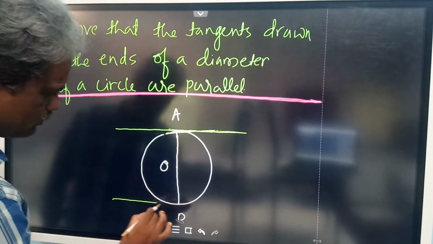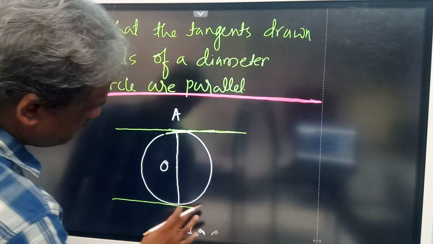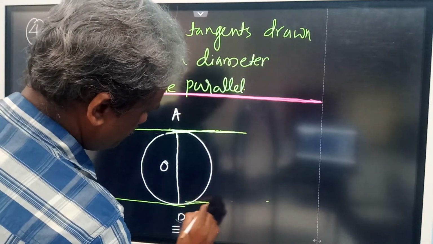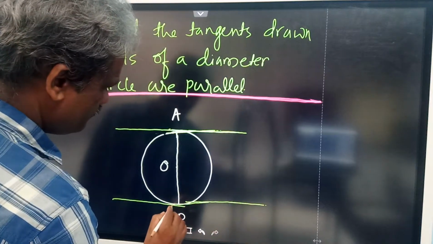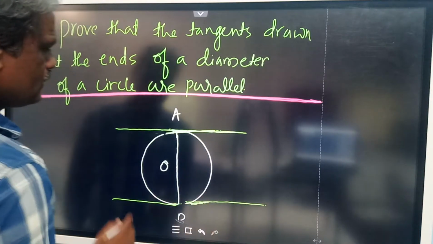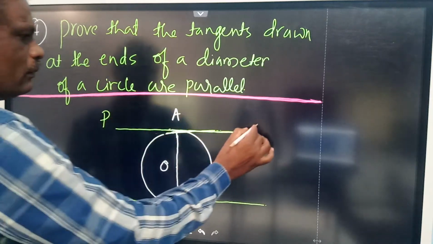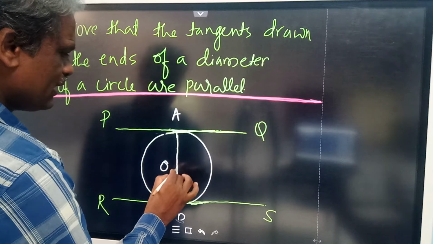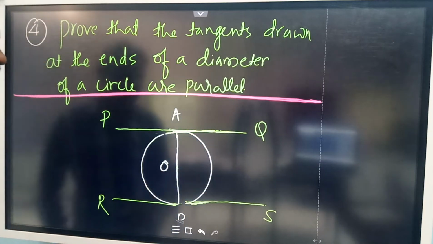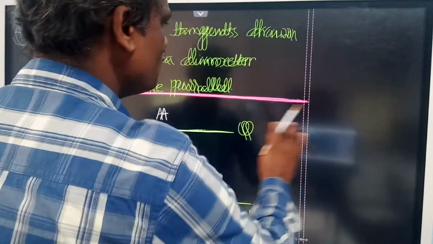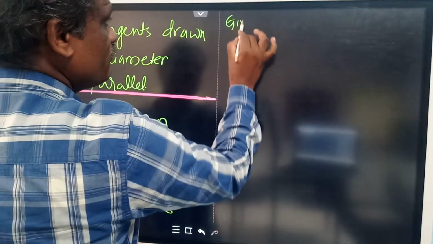Then another one through the point B. So you will call this PQ and RS are the two tangents drawn at the end points of the diameter. So let us write what is given now. Given,